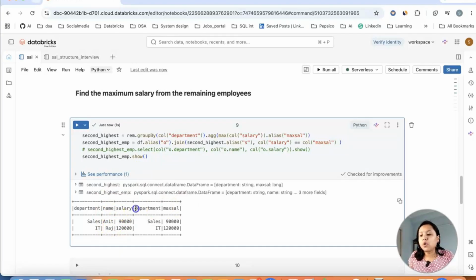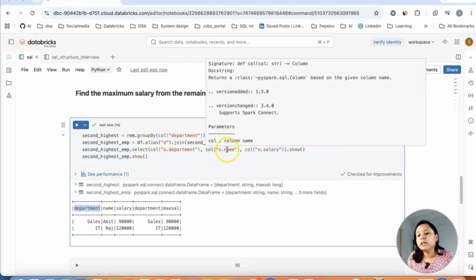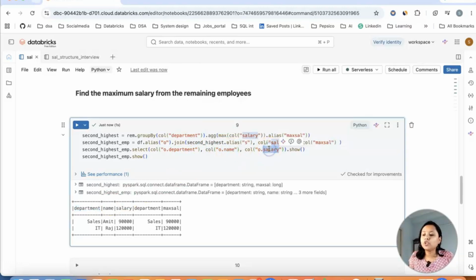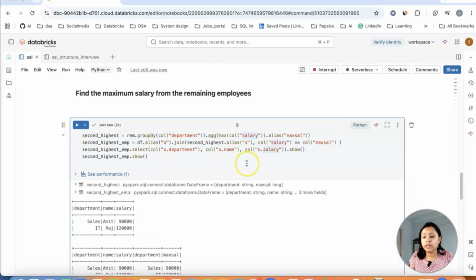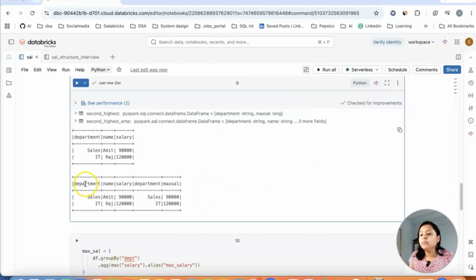Now in this, if you want, you can also remove these two columns, or you can just select the columns that are required. So from the original data frame, I will be selecting the department, and from the original data frame, I'm selecting the name. From the original data frame, I'm selecting the salary. So I'm selecting only 3 columns that are actually required. This is very helpful because in the real world, you don't select all the columns after a join. You just select the ones that are required and then you insert into a table. That's why we are selecting the columns that we need. We remove the last 2 columns that are not required.